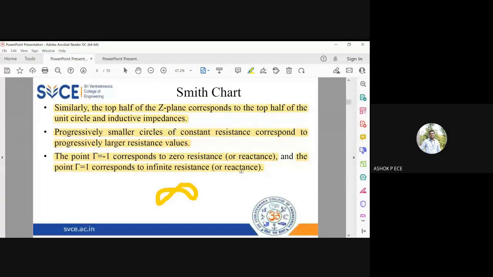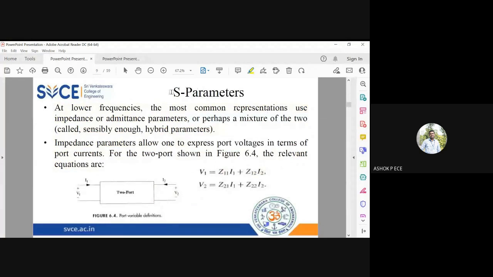So the Smith chart is just given to understand how marking impedance is going to be very simple in your high frequency analysis. So the Smith chart is all about this. And what you do with the Smith chart and S parameters are